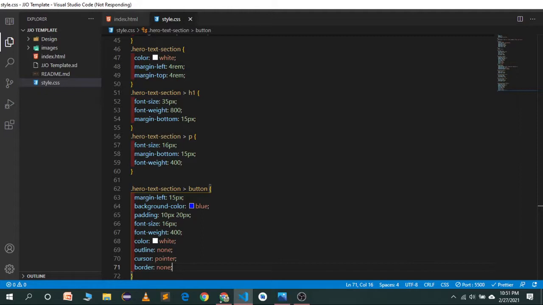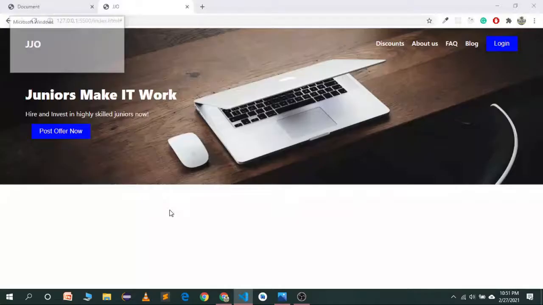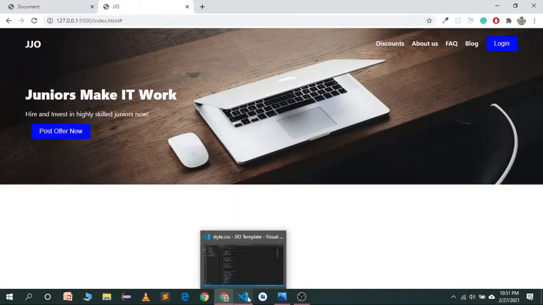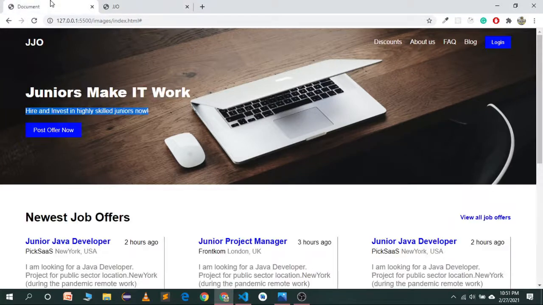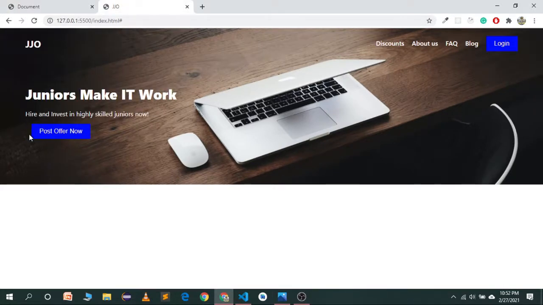Let's see what's happening. We don't want a margin left. In the demo, the button, the paragraph and the heading are aligned in the same direction, but here we have a margin left because we copied this button's properties.